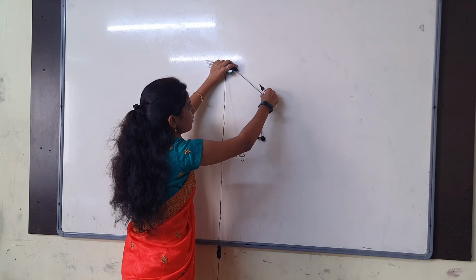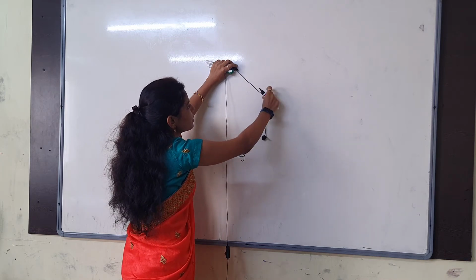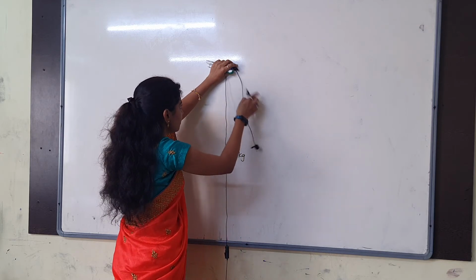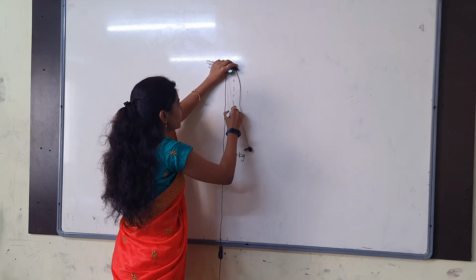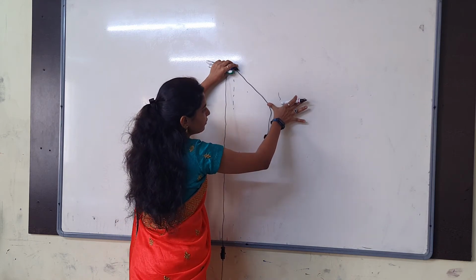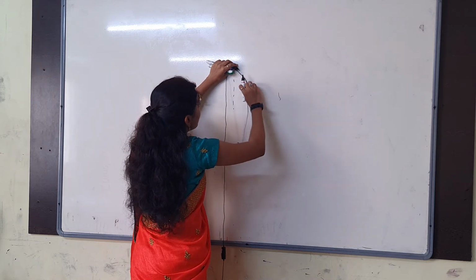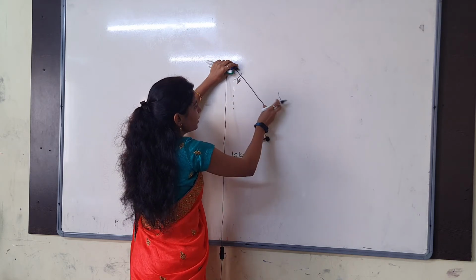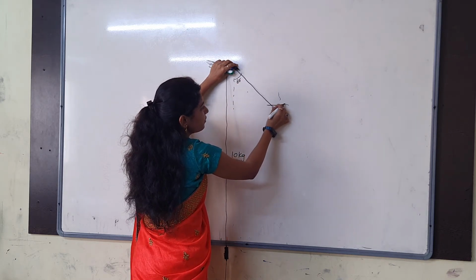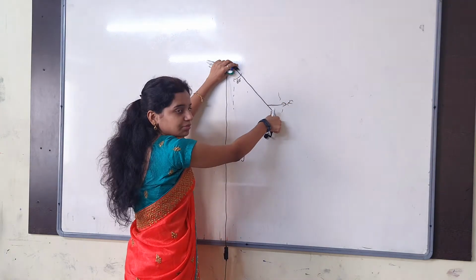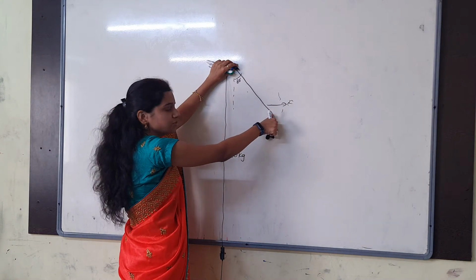So then what happens? The string is making how much angle with the vertical? 60 degrees with the vertical. This is the vertical I had before. Now I have applied a horizontal force like this, so how much angle is it making? 60 degrees. In this direction, of course, a force F is there. Downwards, mg is there. Are you able to assume the diagram?